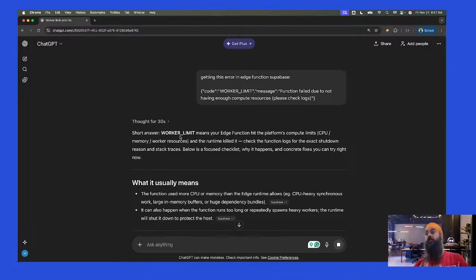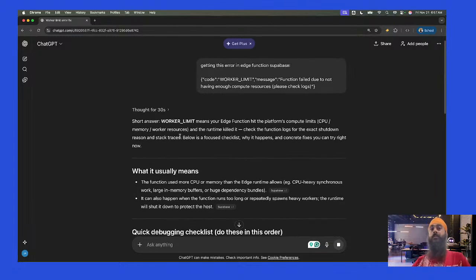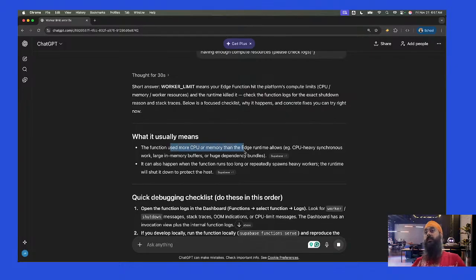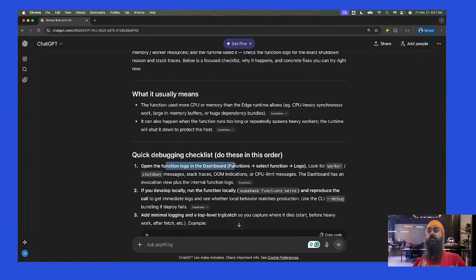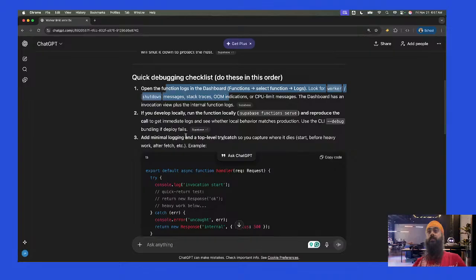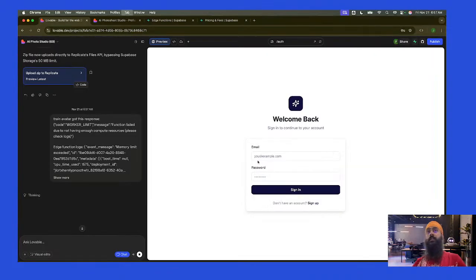You can appreciate the platform's compute limits, CPU and memory. Yeah, the function uses more CPU or memory than the edge runtime allows, from CPU-heavy synchronous work. You can also open the function logs in the dashboard for worker shut down messages. Let's see.